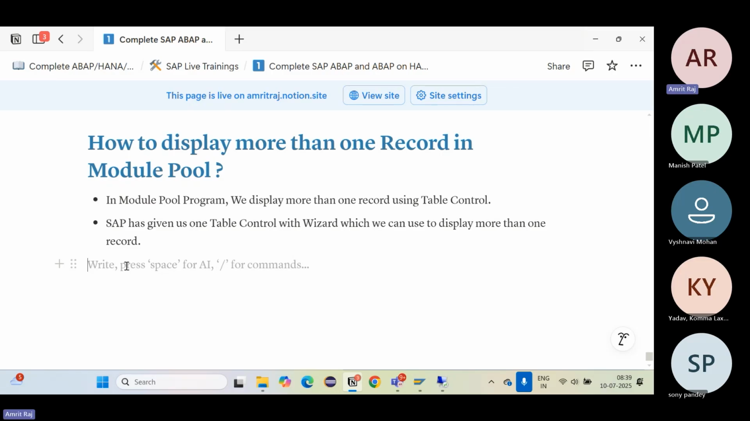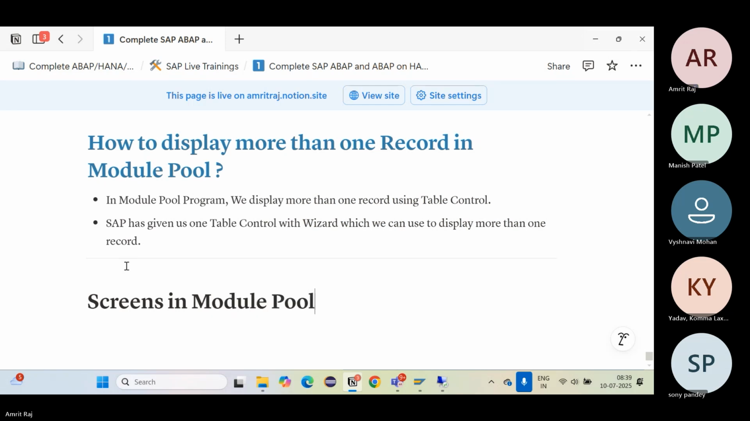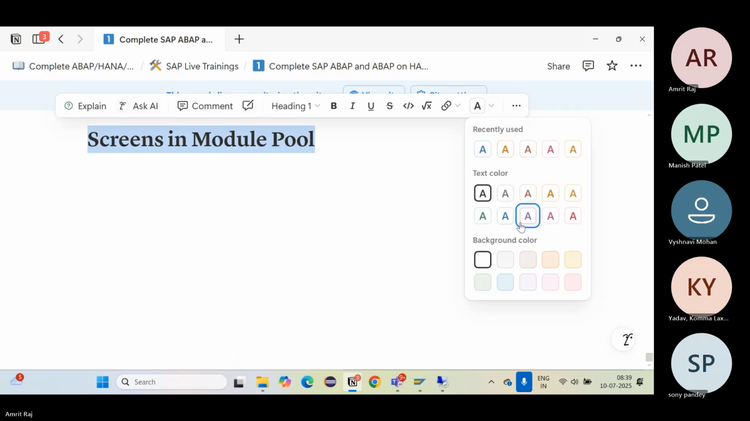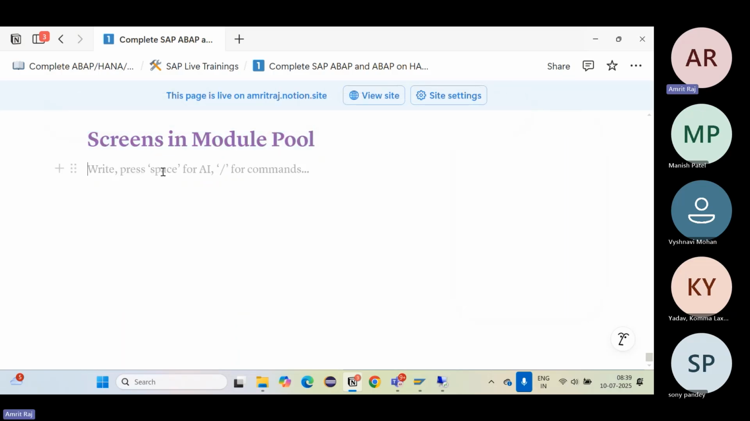So it's all about screen and designing here. We saw a very basic way if we have to display a single record or more than one record. Then if you check the screens in module pool, in module pool programming,